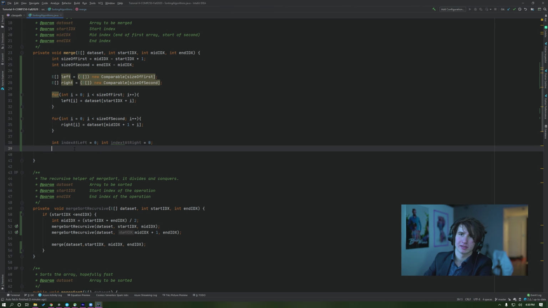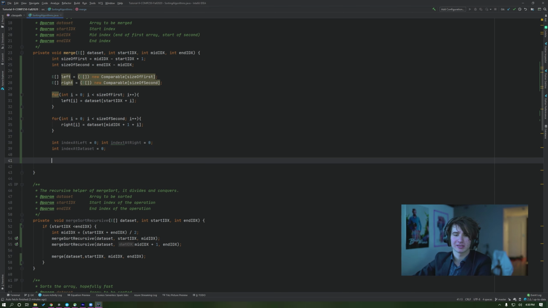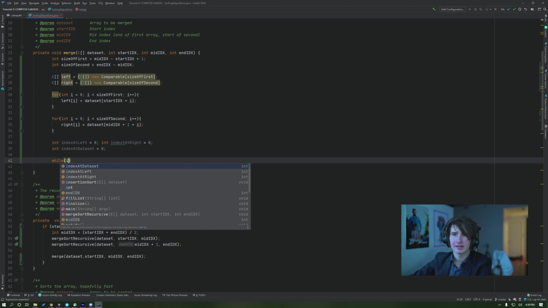All right, and then we're also going to do an index at dataset, and this is like a for loop, but instead of doing a for loop, I'm iterating through multiple data sets at the same time. Or I'm incrementing them differently, which means that I will have to do a slightly different style of loop. Consider it essentially a for loop, but it does something slightly different. So I'm going to say while the index at left